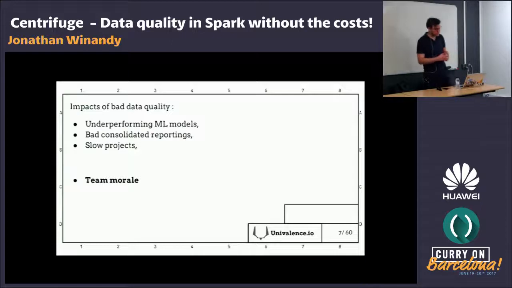The impact of bad data quality is obviously a lot in machine learning, because when you learn on good data and you run on bad data, you make bad predictions. But it's also bad for any kind of business intelligence activity, such as reporting, and it slows down the project.